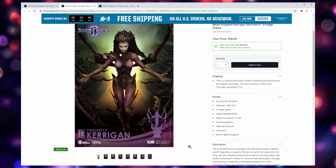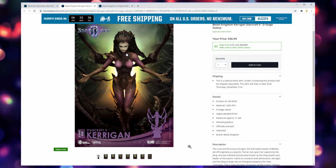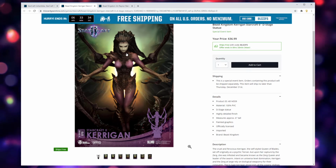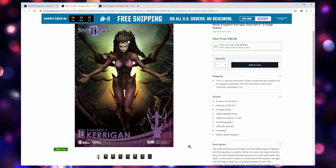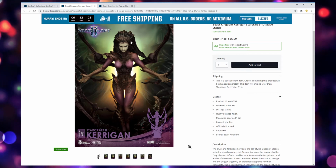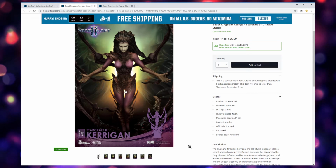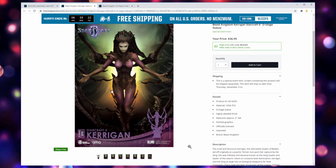I think the face looks pretty good. I think a lot of these figures screw up the face, honestly. This doesn't look too bad. I like the attention to detail and all the wisps in her hair. She has a very kind of dreadlock appearance and all of her little hair strands that are pulled back and then whipped behind her. She definitely has a lot of detail in her torso and her thigh